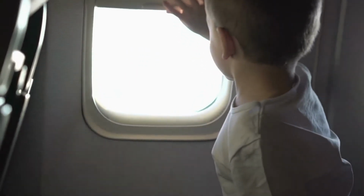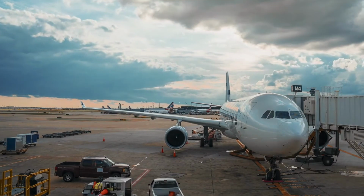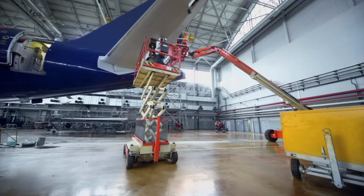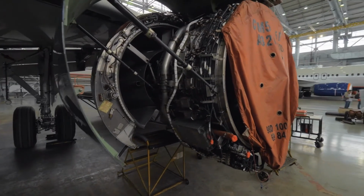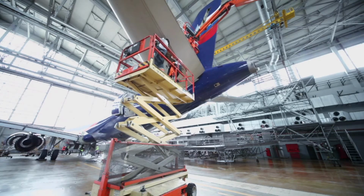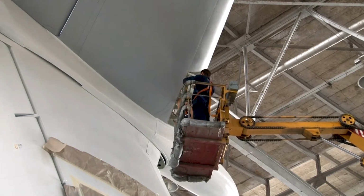Before there's safety and comfort in here, things need to be safe out here. Mobile access equipment is quickly becoming the standard in aircraft maintenance. But when one operator mistake can cost hundreds of thousands in damages and repair costs, there is no room for error. Maintenance engineers need to be tested and prepared for the challenges of operating near an aircraft well before they